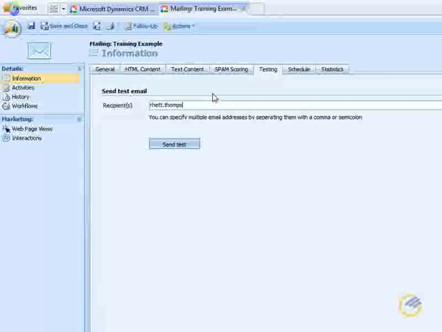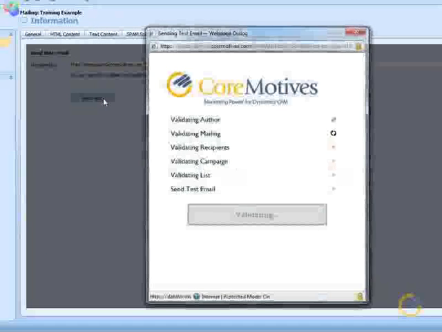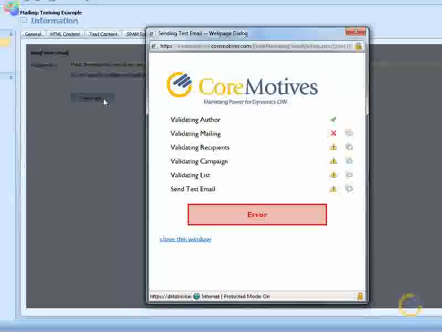It's a great idea here to use, say, an Outlook email address and then maybe a web-based email address, because those do render very differently when your client is looking at your email. So you want to have an idea of what your audience might be seeing, and you won't know that unless you test some examples. So from here, just click Test, and we do a short validation, and you'll notice that